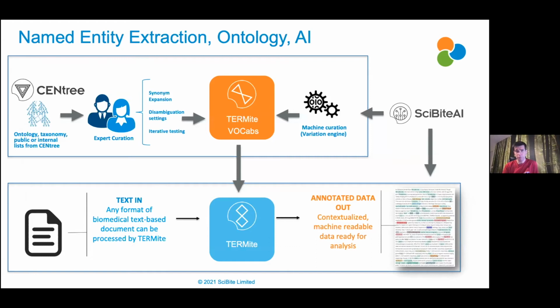The pipeline of what we do in our NER pipelines, the process looks a bit like this. So we take the public ontologies, resources, taxonomies, whatever they are. Jane runs an expert curation team. There's a hell of a lot of work doing expansions of the ontologies, a lot around synonym expansions, sometimes about setting rules on different terms, different synonyms on entities specifically. So we have this massive rule base of when you see a word in this context, it's okay, otherwise it's not. And a lot of that is really expert curation. It's not magic, it's work and expertise to do that.